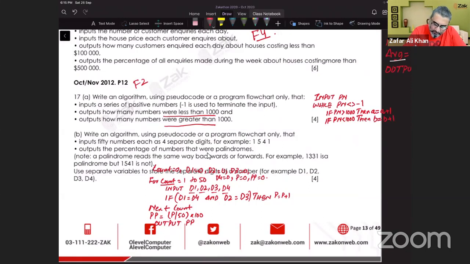And then they don't ask for anything else. There's no totaling, no highest, lowest. So we will be inputting positive numbers once again and then end while. So the rule is the same. Input before while and input before end while. Once you get out,